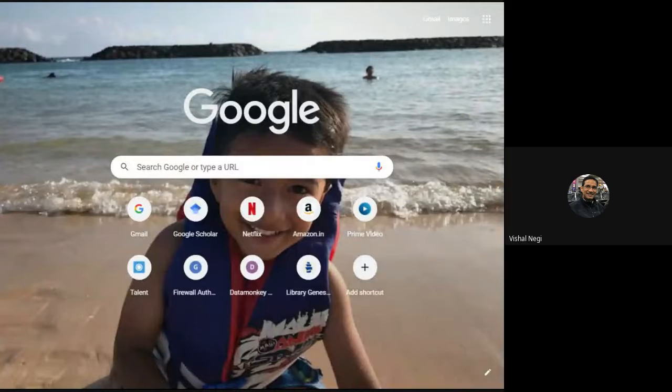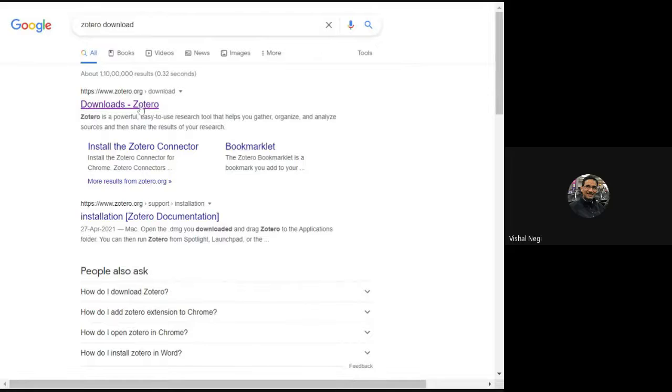So today we're gonna see how to use Zotero in Google Doc. For that, you first need to have Zotero in your system. Just Google Zotero download and visit the website. So this is zotero.org. Click on downloads, and